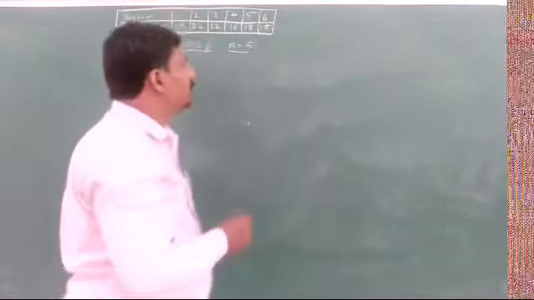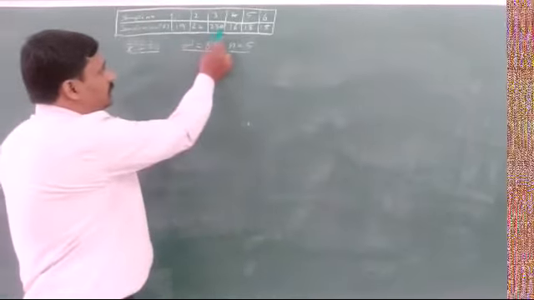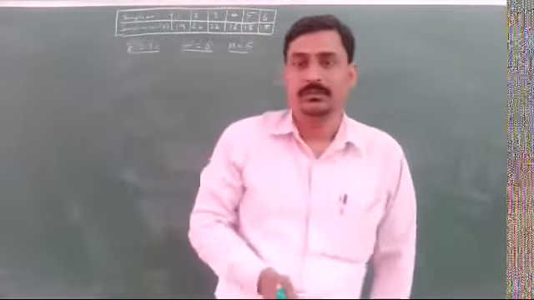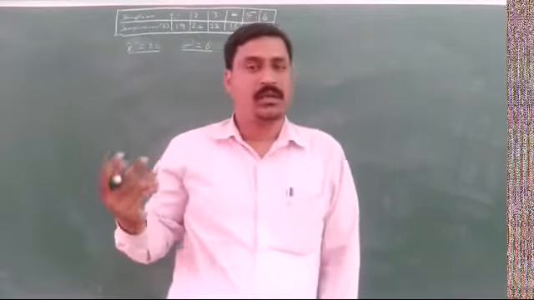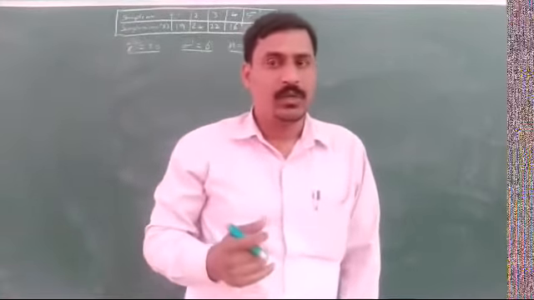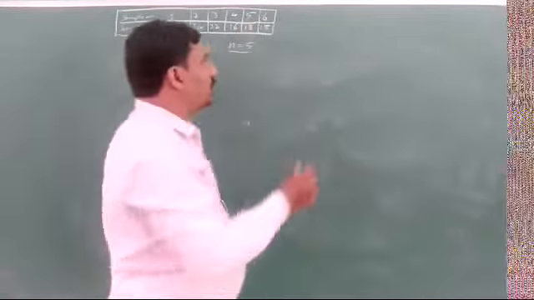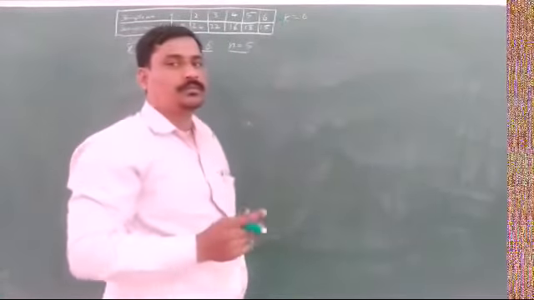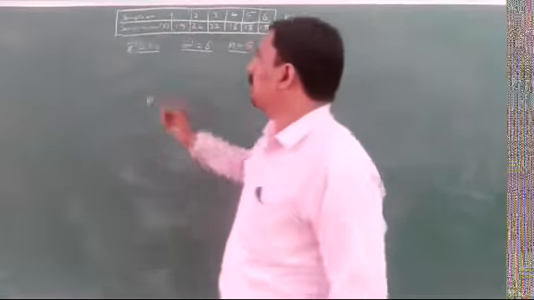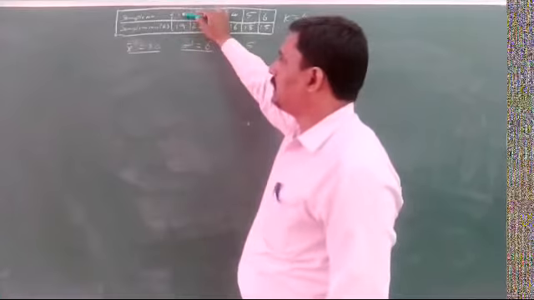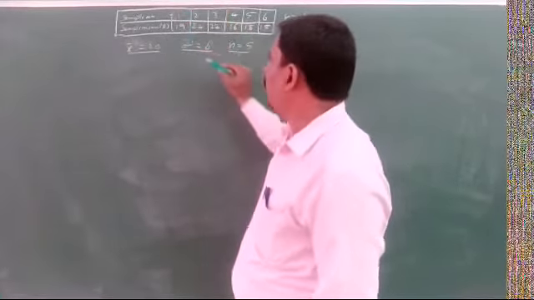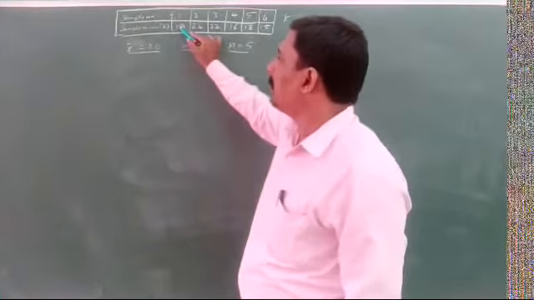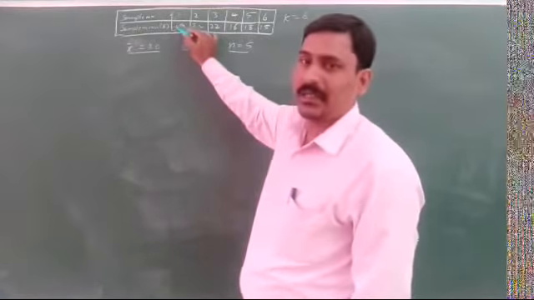So here total 6 samples are there: 1, 2, 3, 4, 5, 6. So you might get confused here. 6 are there, then you are writing n here. This is counted as the value of k. K is equal to 6. First sample means in the first sample we have taken 5 products, we measured them, then we calculated a mean. X bar is given here.